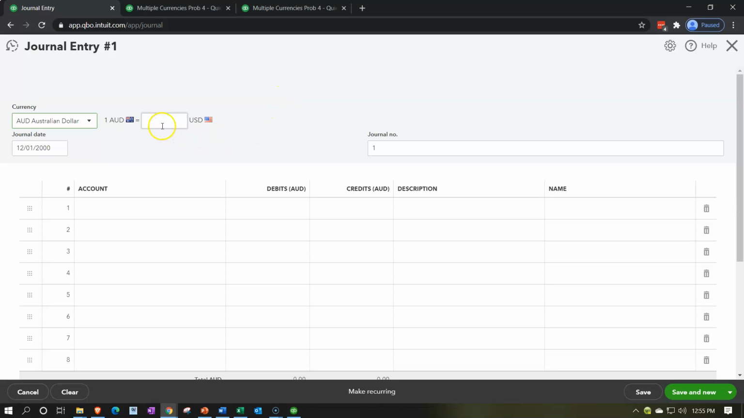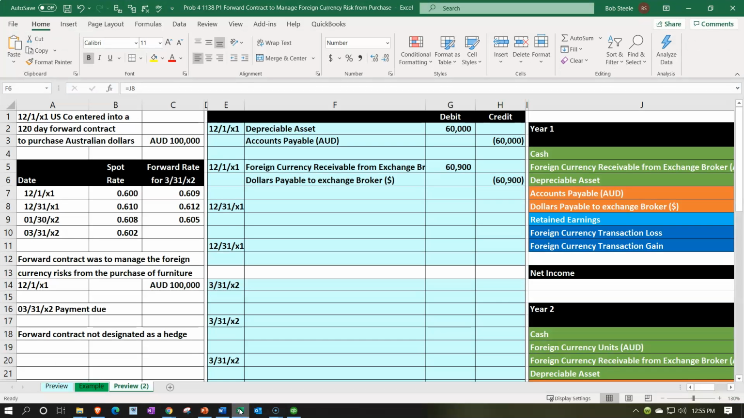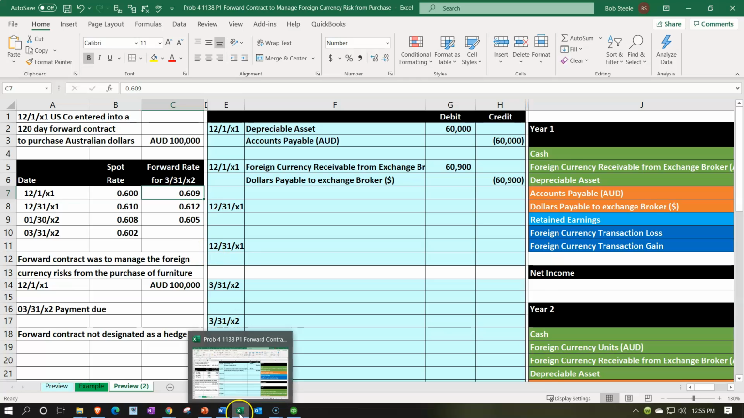Now, that would give us basically an exchange rate. Typically, we don't have one here, but even if it gave us an exchange rate, it wouldn't be applicable for us because we would have to use the forward contract rate. So the rate that QuickBooks would give us would be the spot rate. So I would still have to pick up the rate, which is going to be the 0.609 for our case,